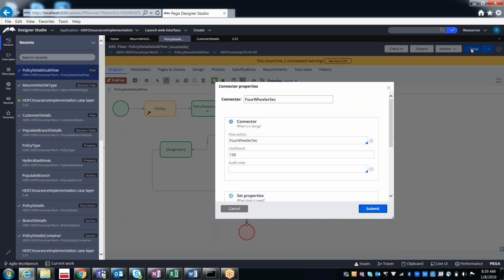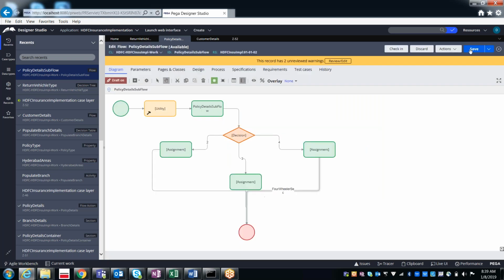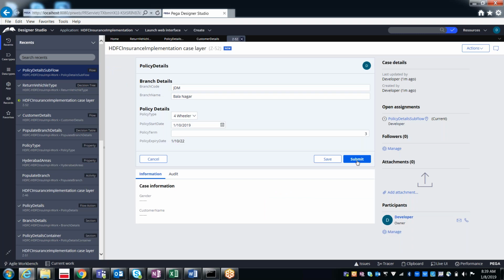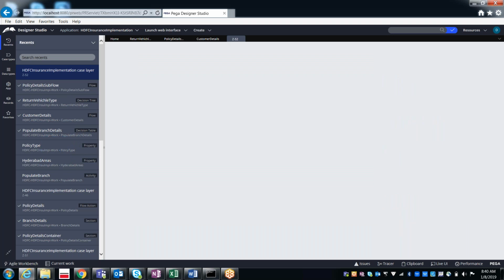So let me see whether it will go to the four-wheeler, otherwise something else. So let's submit. Obviously it should go to the four-wheeler only as part of the condition.